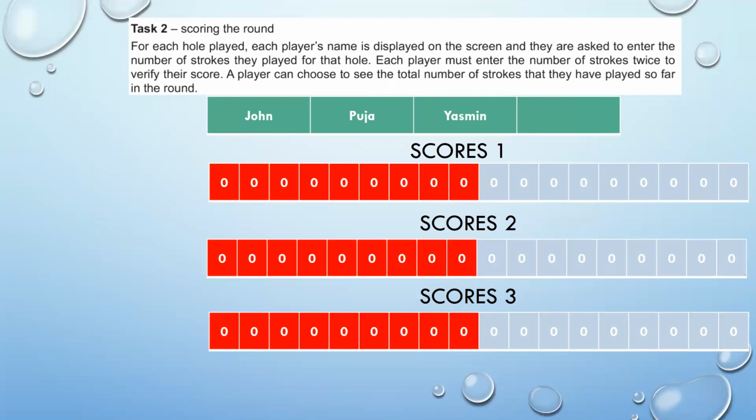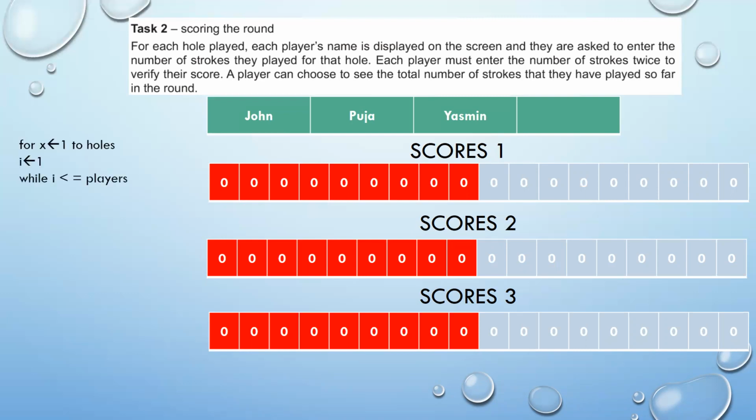There was one more assumption that we did in task 1. The question mentioned the round could consist of either 9 holes or 18 holes. So in task 1 we had assumed that the user has input 9 holes. So this program will assume that there are only 9 holes for that particular round. So that's why those first 9 indexes are highlighted in red for understanding.